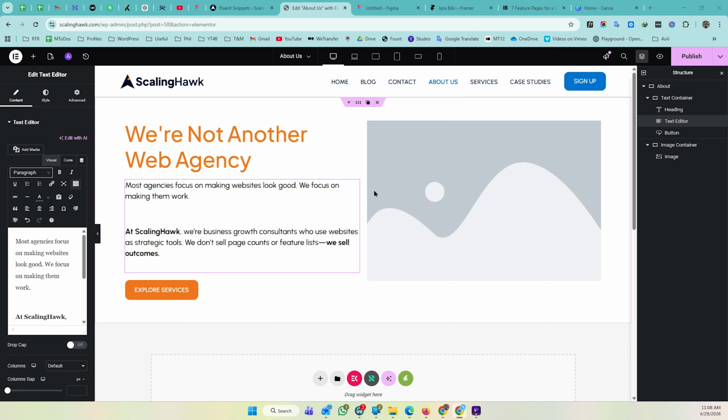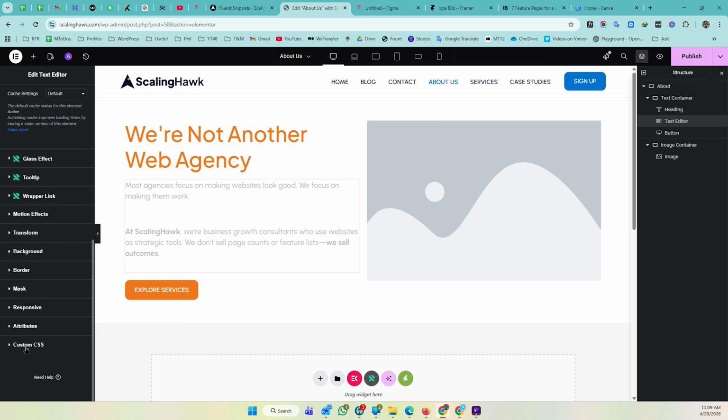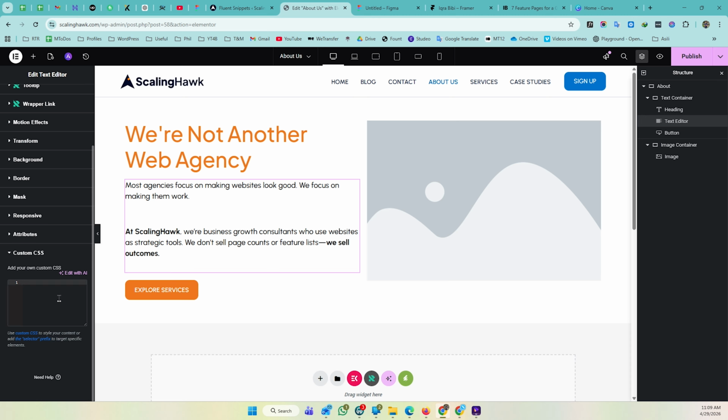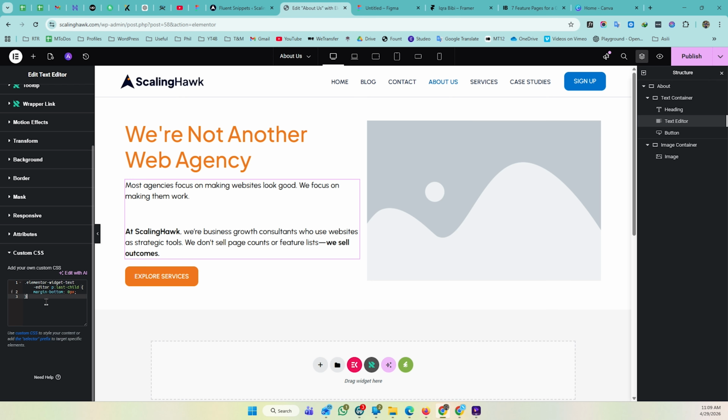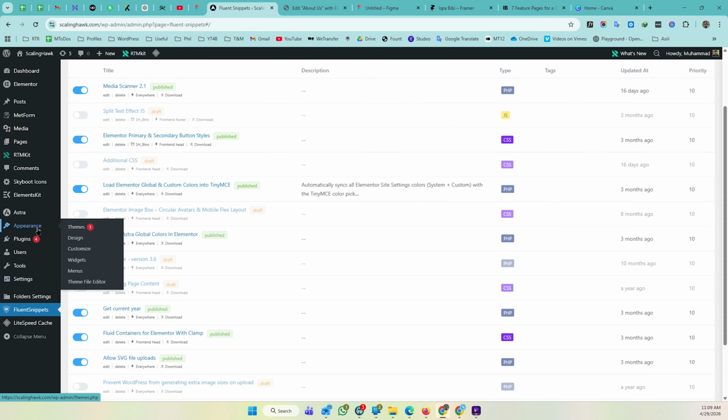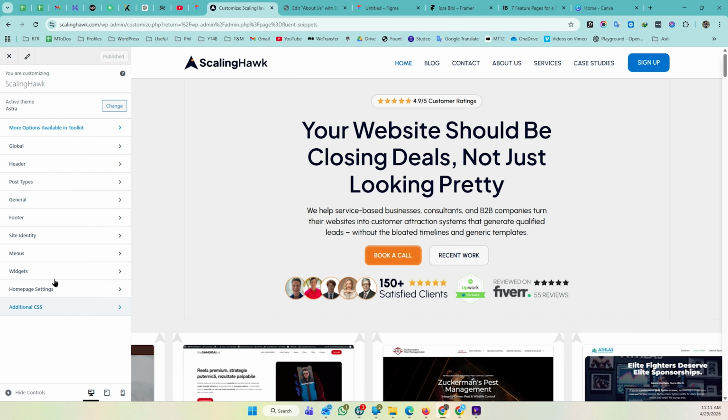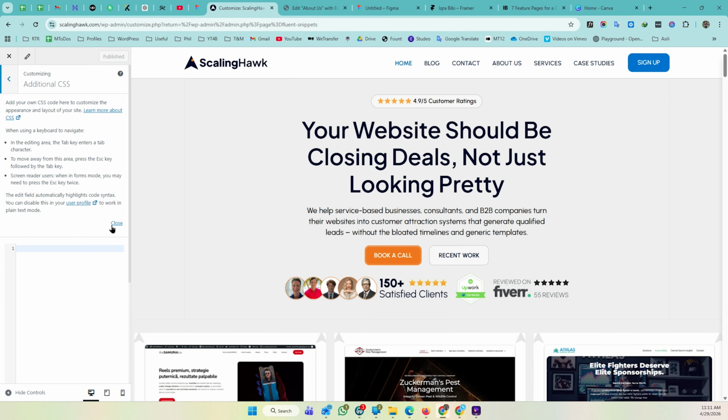Now let me show you the proper way to fix this permanently, and all you need is a little bit of CSS. If you are using Elementor Pro, then you can go to custom CSS and add this into your custom CSS, and in case you don't have Elementor Pro, then you can go to your theme, go to appearance and then customize, and here in your customizer you see the additional CSS option.